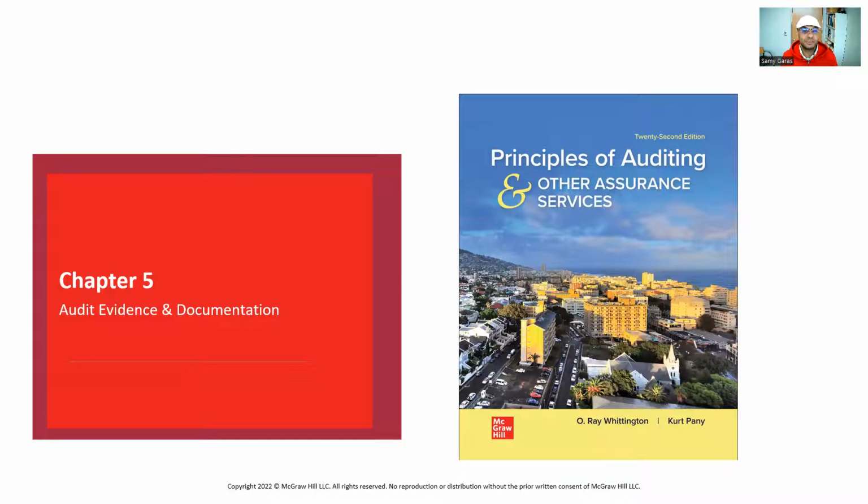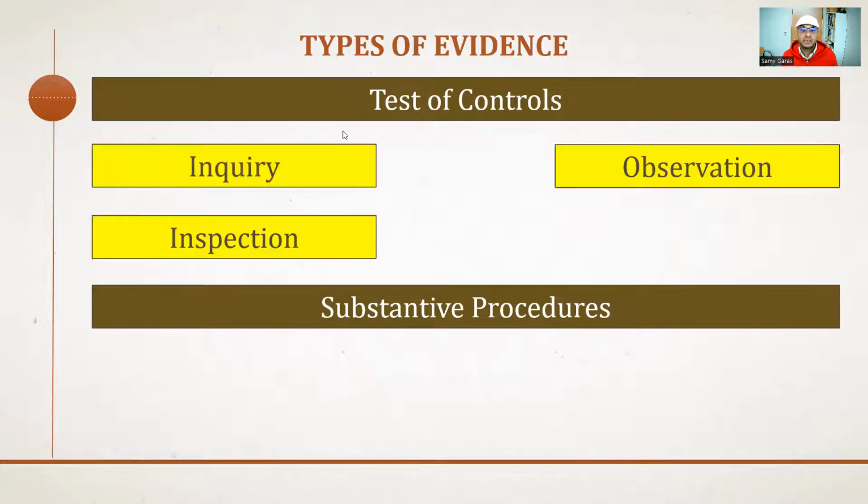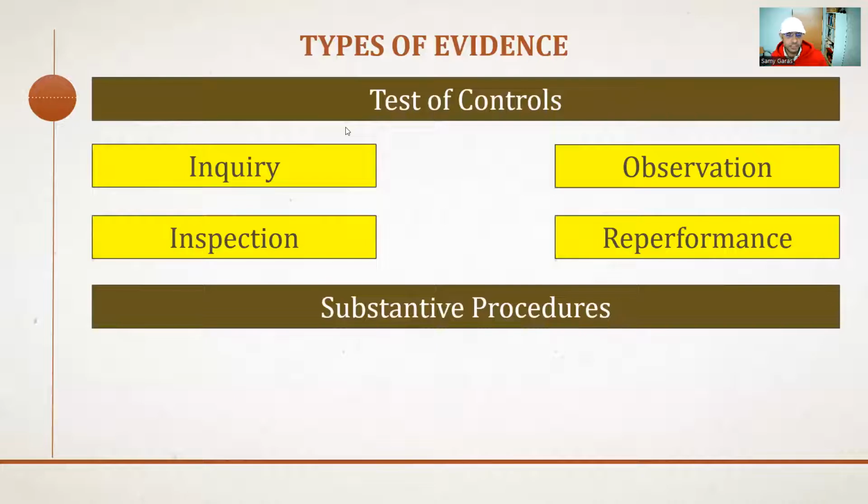If you remember in the previous video, I was sharing with you the key types of evidence under different types of internal control. And I said, if we have a good internal control system, usually the auditor runs 4 different tests: inquiry, inspection, observation, and reperformance. And here we trust the system, so we don't spend much time on the evidence, and we are happy with the 4 different tests of controls.